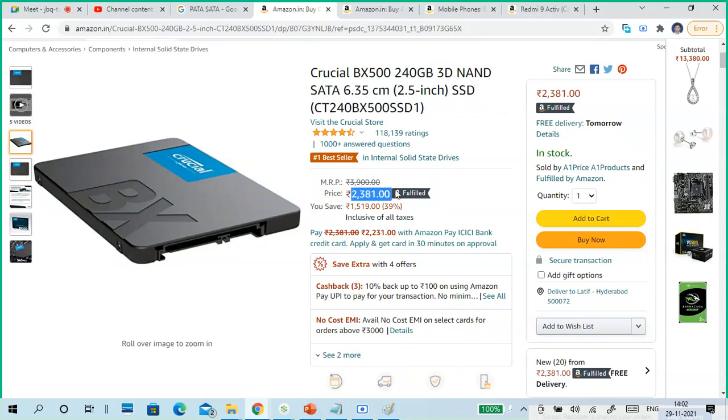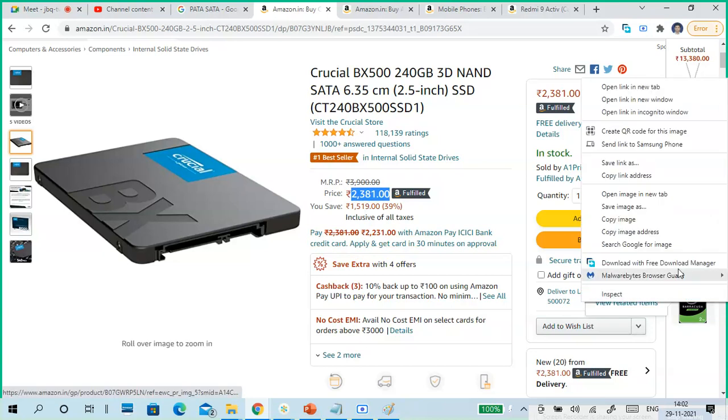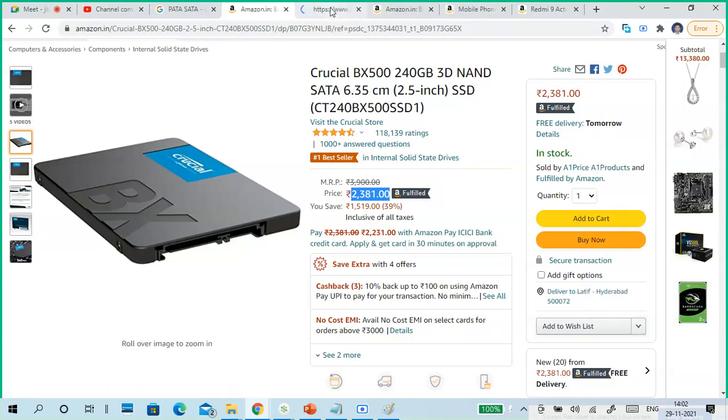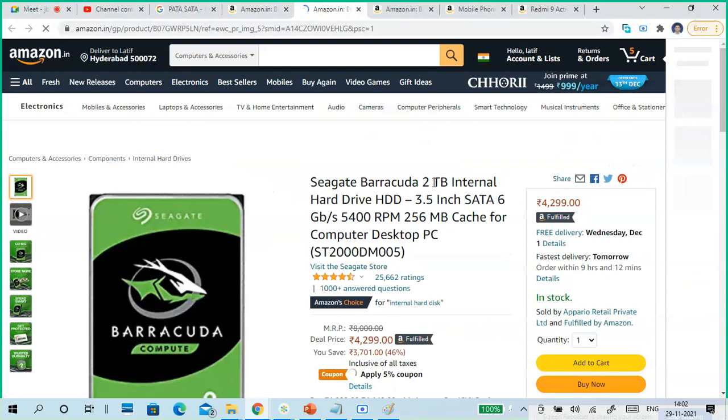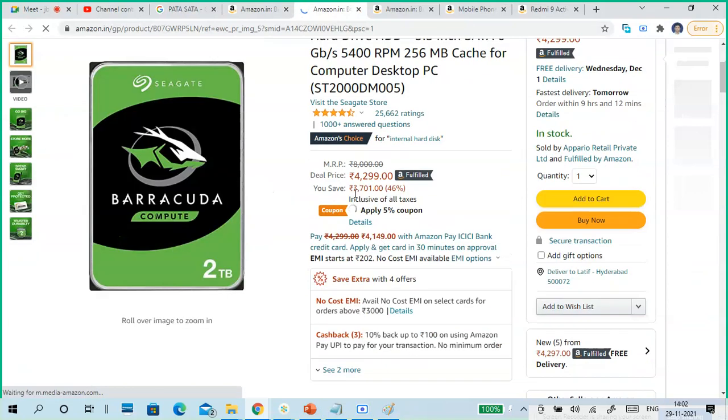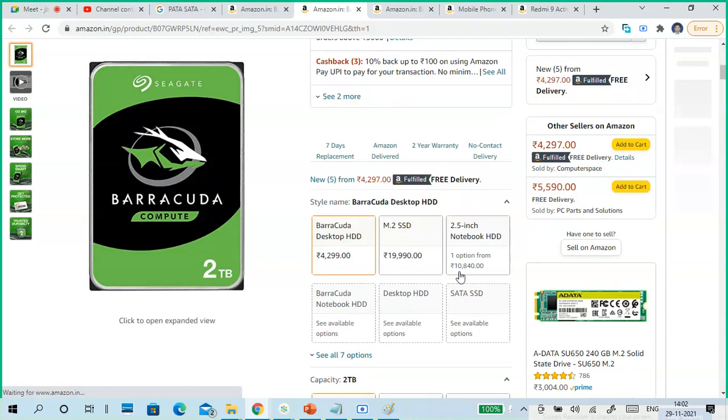Normally it costs around 3000, now it is a little less. But with this cost you will get a hard disk also. You can see this hard disk, almost 2 terabytes, for 4299. Some offer is going on.